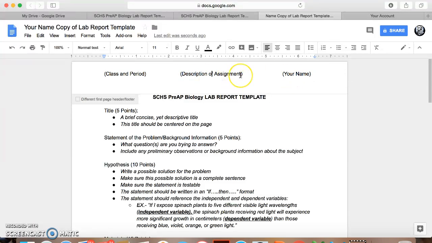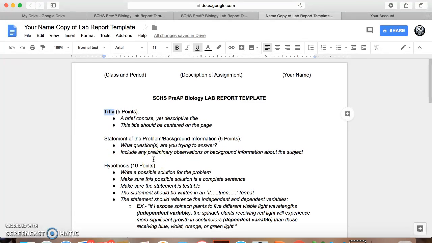So for this assignment, it's going to be plant growth lab report as an example. You're going to type in which class this is, which is biology, and whichever class period you have me in. And then all of this stuff, each one of these is a heading. So maybe I make this bold and underlined, so my title, my statement or the background information, the hypothesis, and